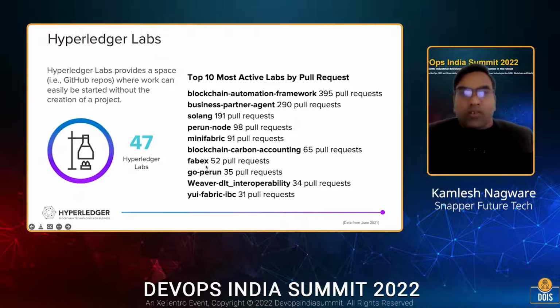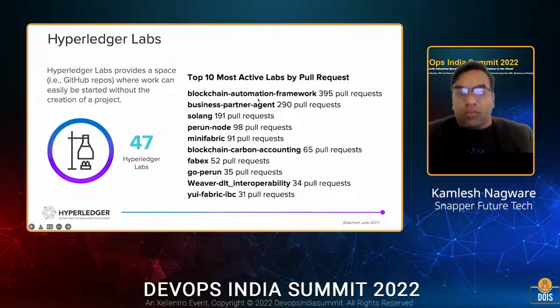These are the use cases, but because technology is growing, it needs lots of advancement, research and development. So Hyperledger also provides Hyperledger Labs, where anybody can propose a project or work on a very interesting idea. It could be a use case, a new advancement, a new contribution to a project, or maybe a new blockchain itself. There are more than 50 different labs available, and this is the top most active lab project, and this could even become the next main project in the future.